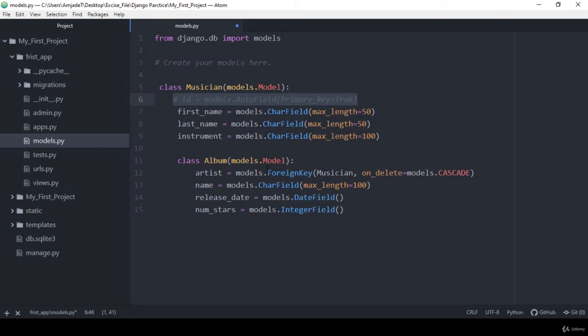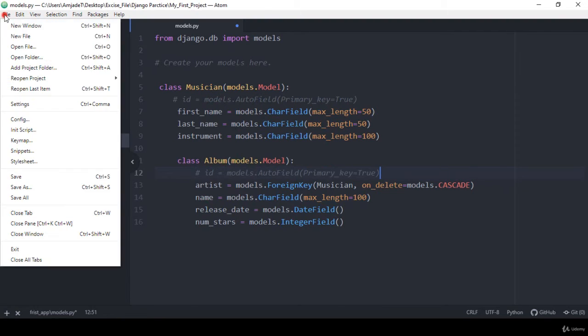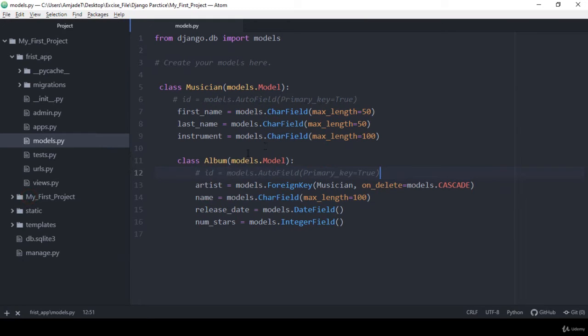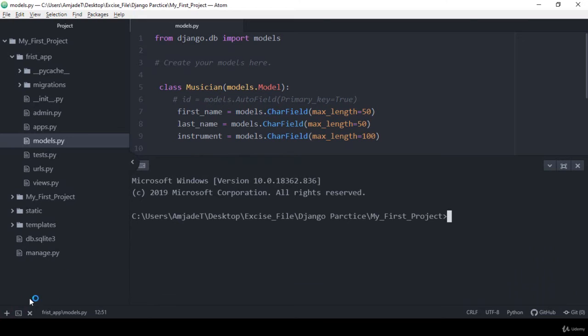And for this class there is also another ID. You don't need to add this ID; a hidden ID is automatically created, so you don't need to worry about it. After that we have to run three commands. First of all I want to save it, so I click on save all and run our project. Here I open our terminal, and in this terminal